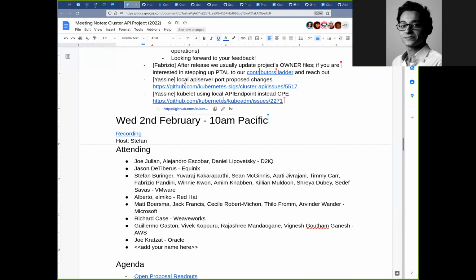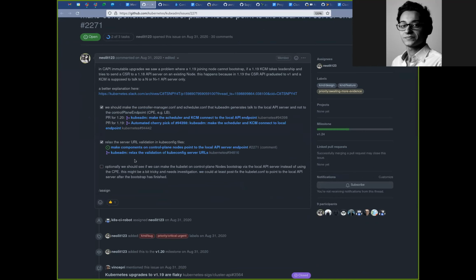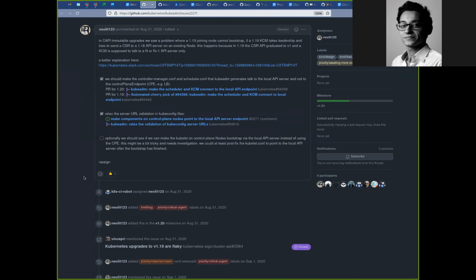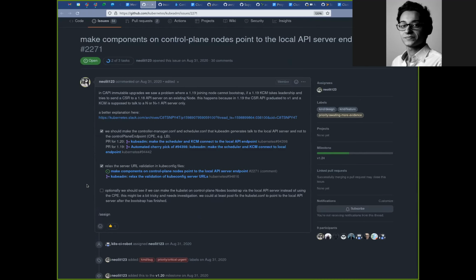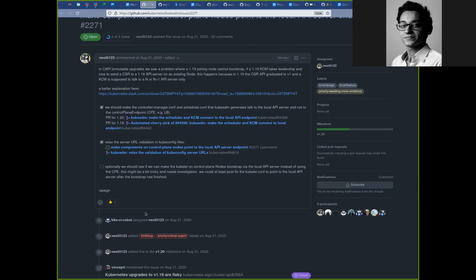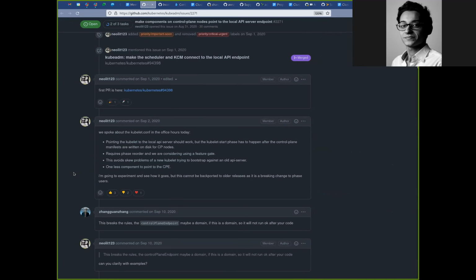Yeah, so this one is more of a follow-up on the discussions that we had in the last office hours regarding issues with the kubelets pointing, through the control plane endpoint, to the actual load balancer. In case of upgrades, as you can see, it can break existing setups. Plus, for public cloud providers, when you're using internal load balancers, you can end up in a hairpin issue where a machine that is the control plane node, part of the backend of the load balancer, cannot reach out through the load balancer itself.